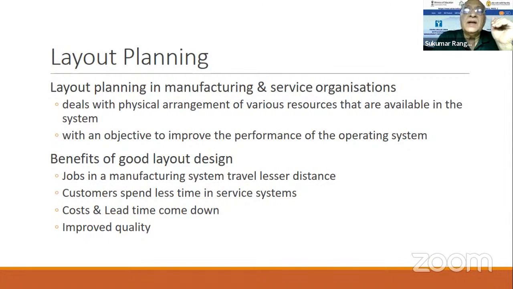So once a process is designed and there is a process flow, then the layout has to be planned in such a way that there is a very optimal flow of goods and movement